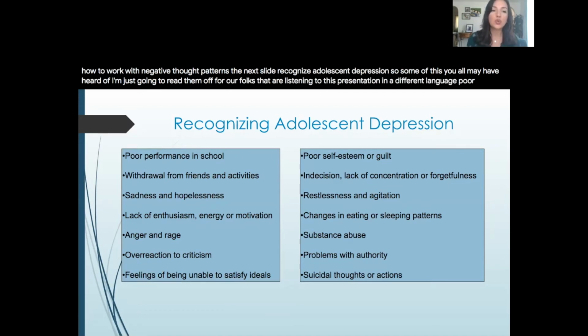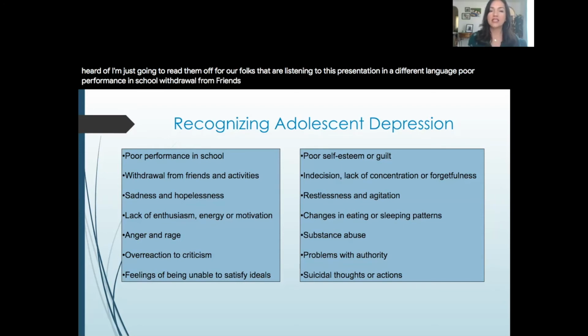Poor performance in school, withdrawal from friends and activities, sadness and hopelessness, lack of enthusiasm or energy or motivation, anger and rage, overreaction to criticism, feeling or being unable to satisfy expectations or ideals, poor self-esteem or guilt, indecision, lack of concentration or forgetfulness, restlessness and agitation, changes in eating and sleeping patterns, substance abuse, problems with authority, and suicidal